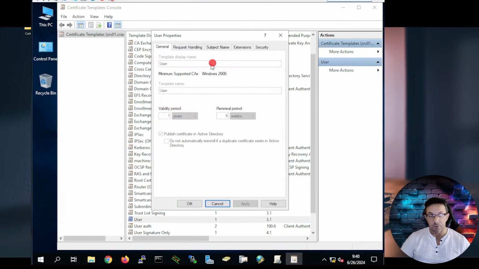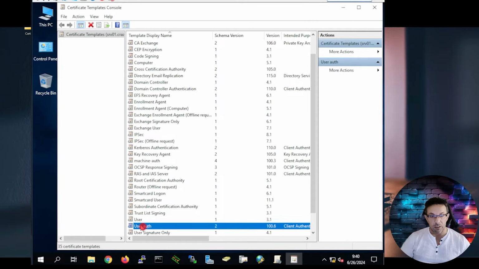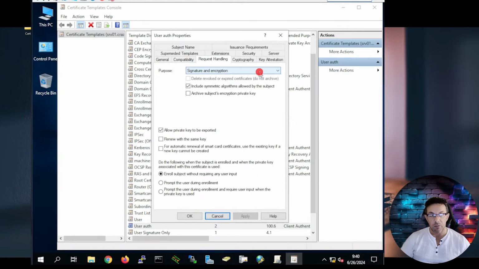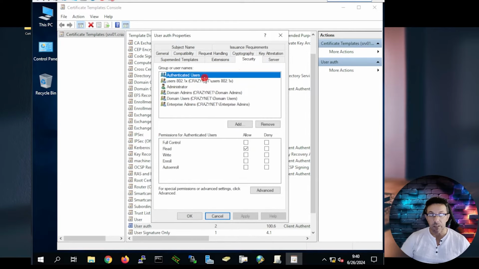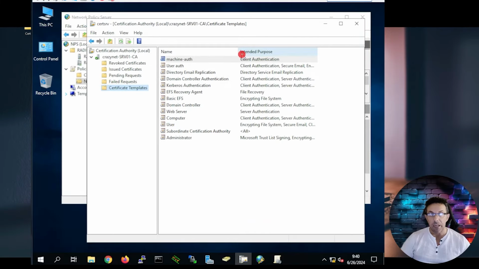Fantastic. So, user authentication. So, compatibility, same. Request handling. Allow the private key to be exported. Then security. Then you see here there is my group, 802.1x. So read, enroll, and auto enroll. Basically, that's all. Then once you did this one,